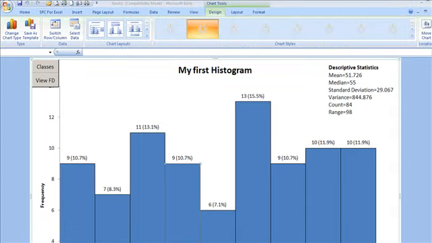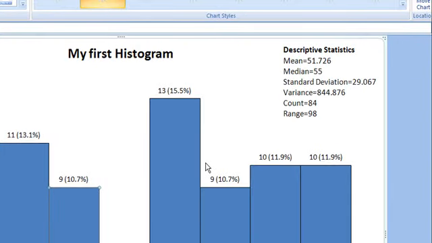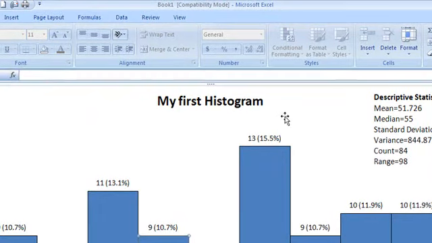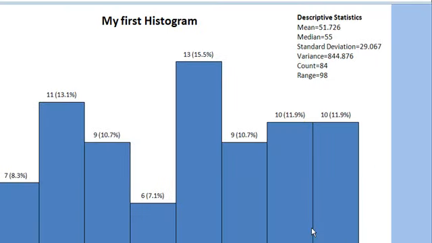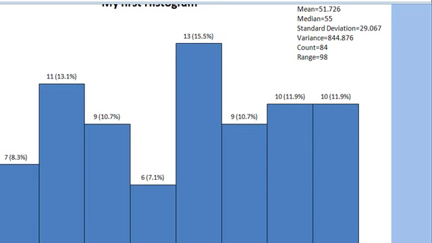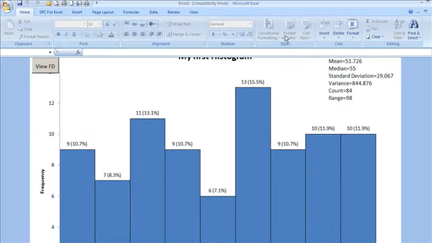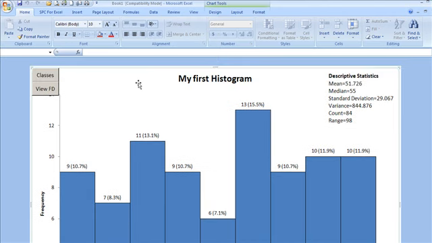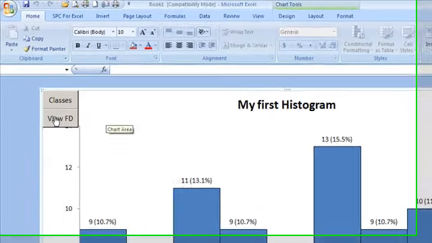I'm going to try and get this window to go. Here's my first histogram, the descriptive statistics that we wanted to see. And if I can just get this to go down a little bit further, I'll show you guys. The bottom of the axis says survey responses. And then I want to show you this other aspect that it brings up for us. And that's the frequency table. If I click on View FD,